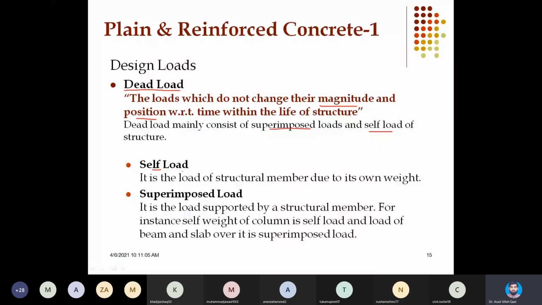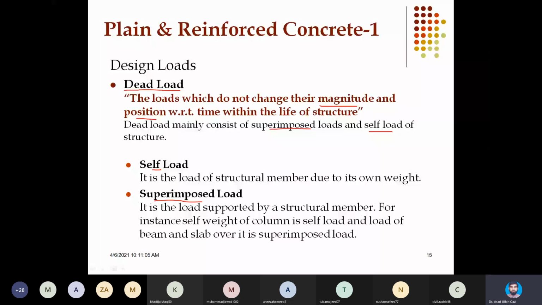Then density multiplied with the volume, you can calculate then the weight. So if you know the densities, you can easily calculate the self weight of the members. And in case of superimposed load, again, if you have the information about the densities of superimposed loads, as